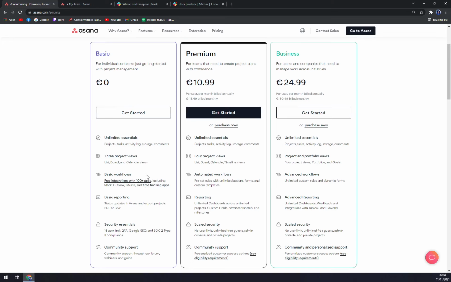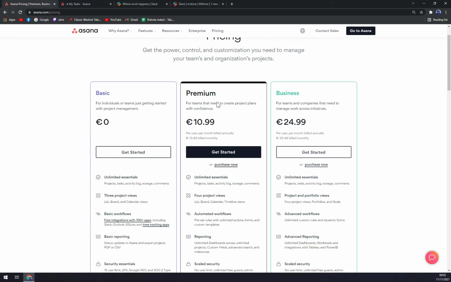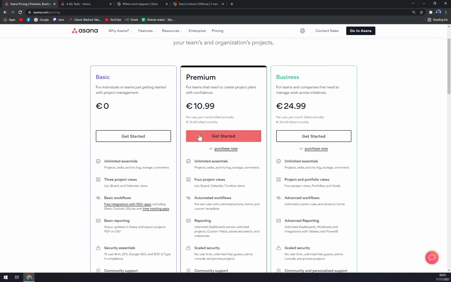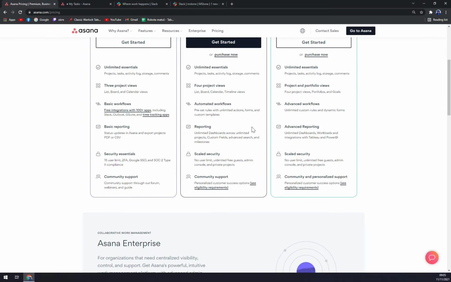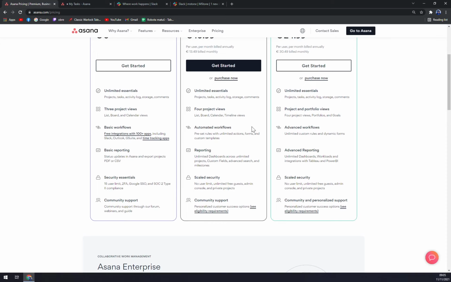It's $10.99 per month billed annually or $13.49 monthly. So even if you want to start with Premium and just try it out in the paid version, you don't have to subscribe for 1 year, but you can go with 1 month only. You have unlimited essentials, 4 project views, automated workflows, reporting, scaled security, community support.